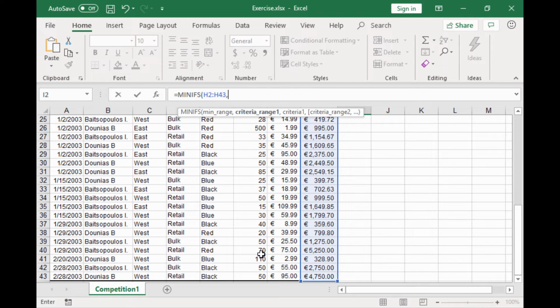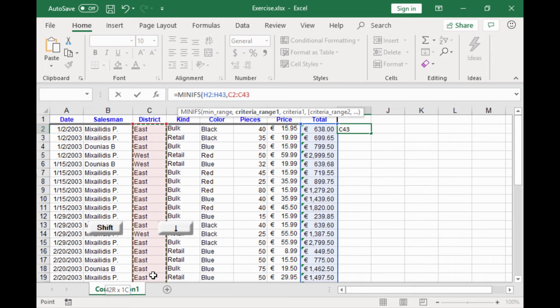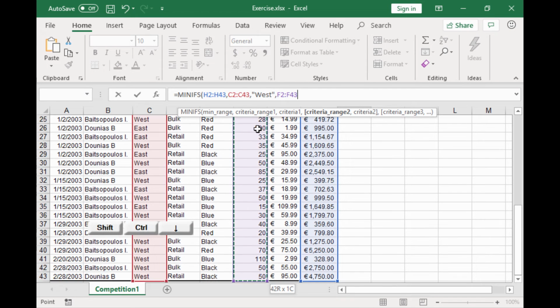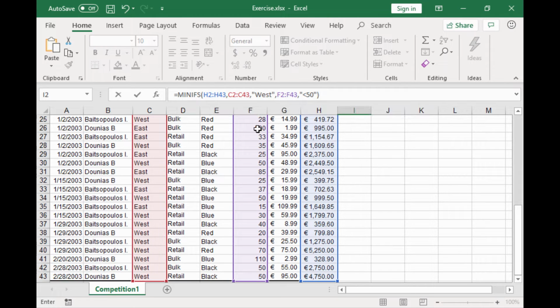Then, we type the pairs of criteria ranges and criterion each of them has to fulfill. We hit on enter and we have the required result.